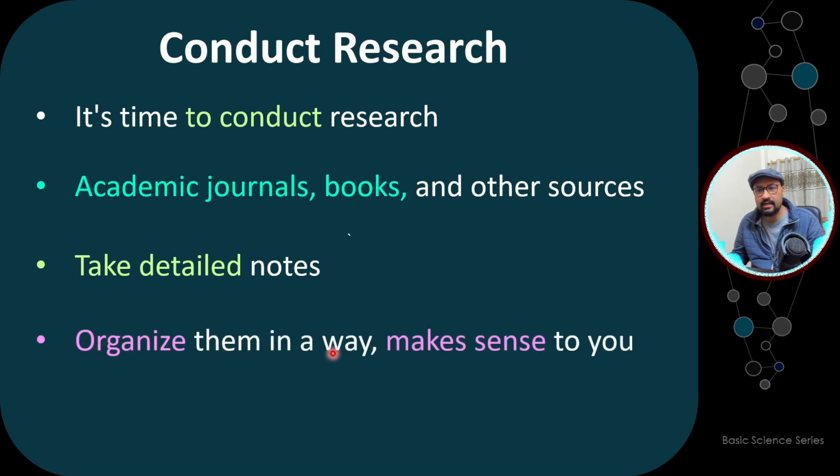So next is organize them in a way that makes sense to you. So you can do some research slowly. You'll try to collect a lot of information, and then a pile of paper is going to accumulate on your desk. So you don't want that. You need to organize them in a way that makes sense to you. So you can organize them on the basis of the year, on the basis of the area, sub areas. So this is how you can organize them, and then you have a good idea of how you have organized the literature that you have collected, and it is understandable to you. You have notes on those particular topics.